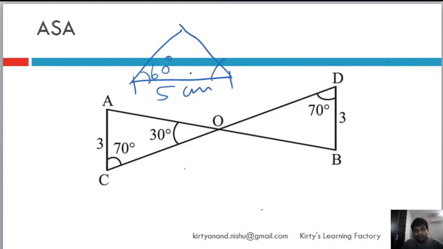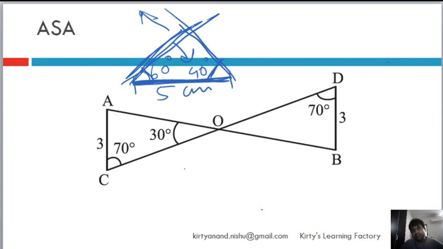Okay. Now you tell me, this side I have fixed. This cannot change. Now on one end I am drawing an angle of 60 degrees. So this direction I have fixed. It cannot bend here, it cannot go here. And here also the direction I have fixed. So there is only one place in which these two lines will cut. So basically this third vertex I have fixed. How?